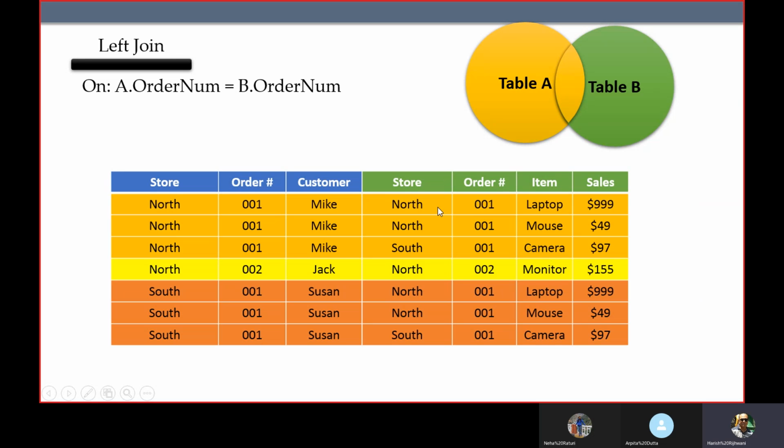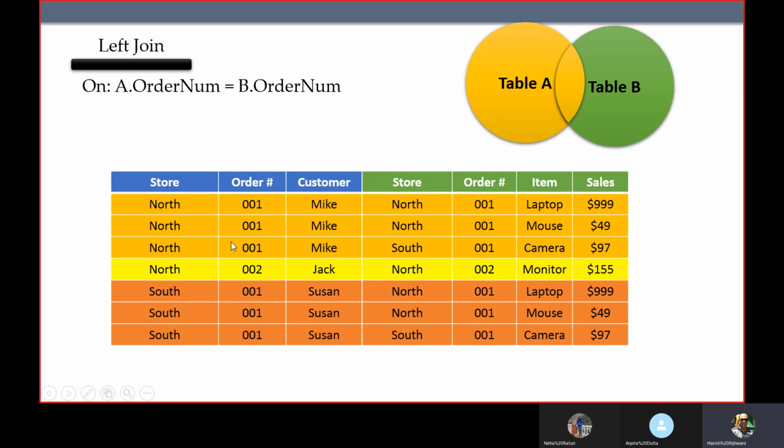My output, though I'm getting the output, practically it's incorrect. The reason being, I am matching the 001 record of the south store with the north store, which is not correct. It's like giving somebody else's marks to you, which is unfair to both of you.